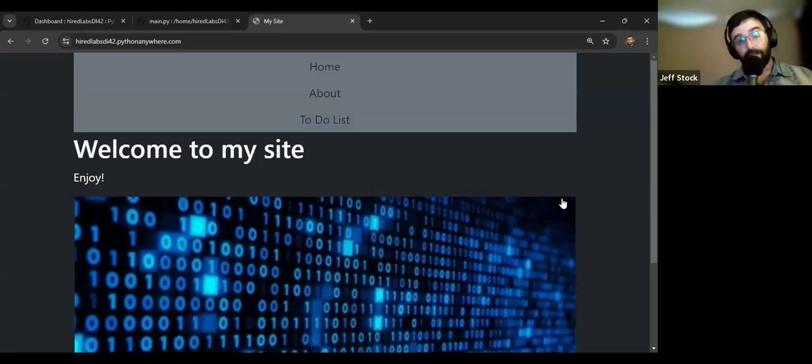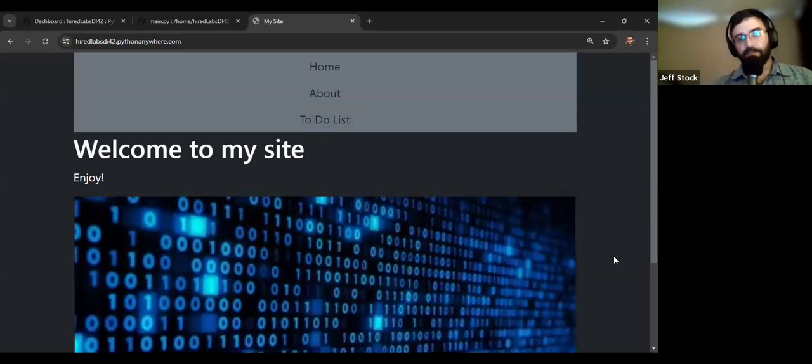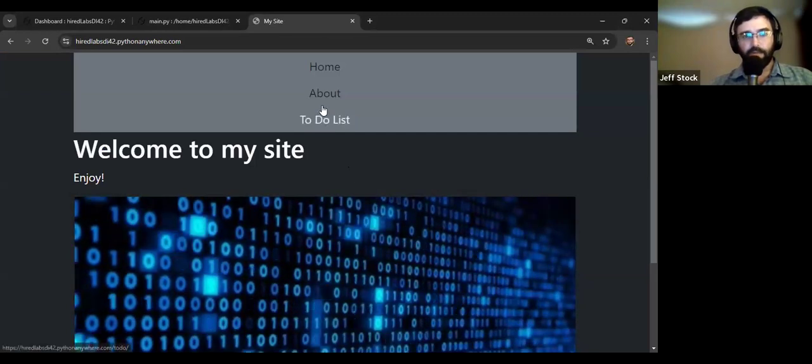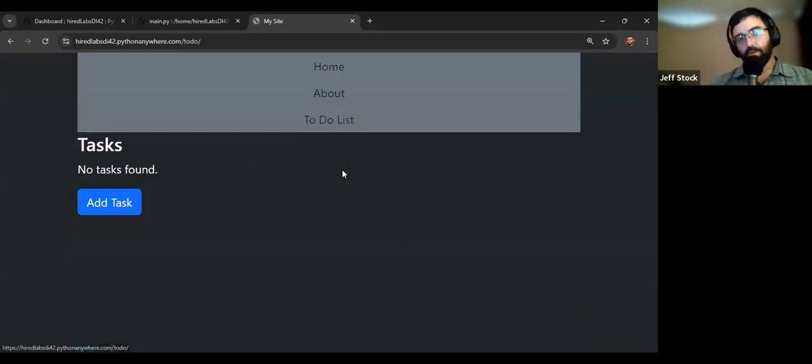Again, it's not a design class, so it's not going to look pretty. This is more about the function, but we'll show you how to grab some stuff off the internet and slap it in your website so we can do different types of media. We have a couple of pages to talk about how to navigate between things. But the bulk of the application itself is going to be a to-do list application where we're just going to have tasks. So right here, we're looking at the read function.